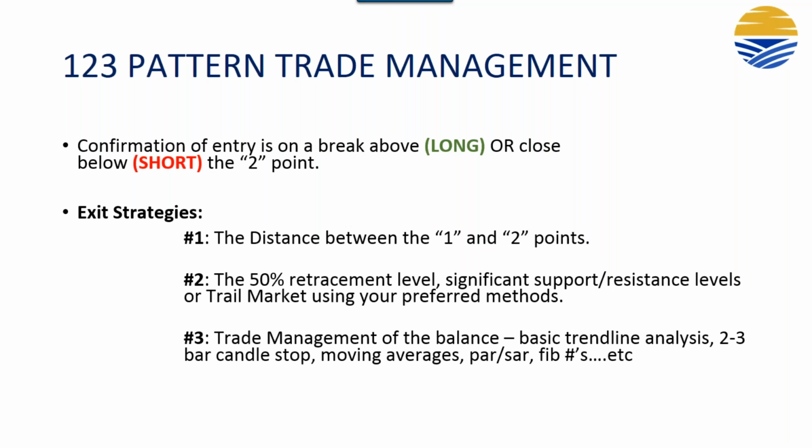I would say if you only are able to trade one contract, one futures contract, one option contract, one FX pair, one share of stock, go for the distance between the 1 and 2 as your first target, because it's uncanny how more often than not it will tag that off by a tick and then reverse. Now, if you have the flexibility to scale in and out, where we all want to be, right? I would say, hey, take a third, half, 2/3 of your position off at that initial distance between the 1 and 2, and then